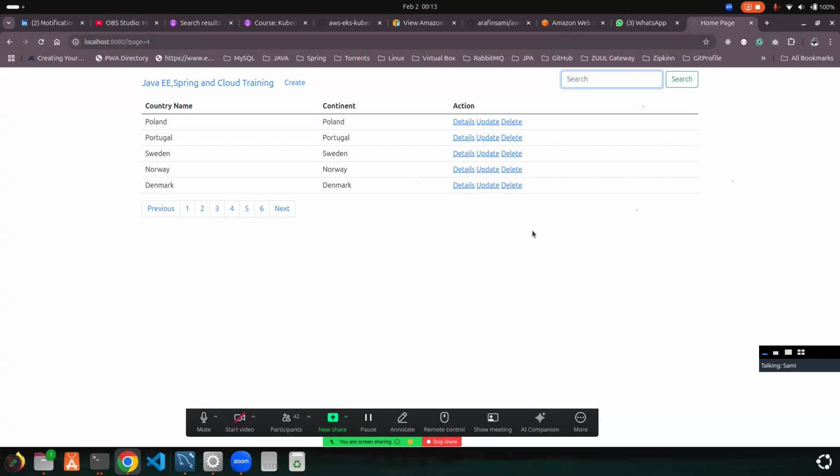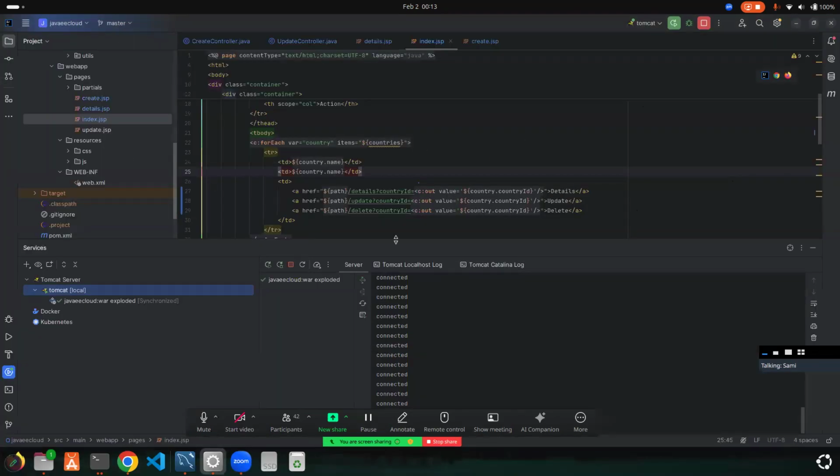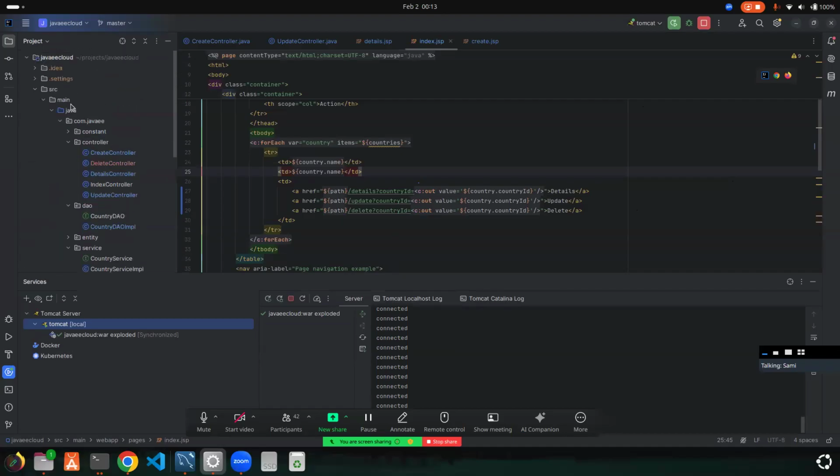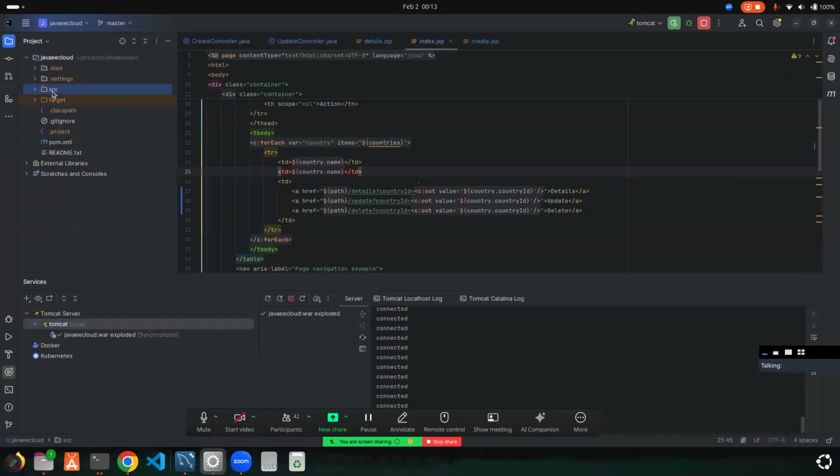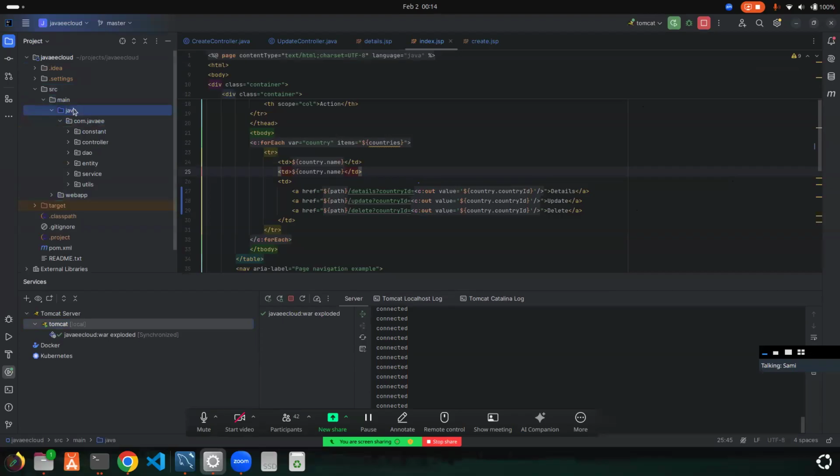I told you, once we complete our third session, I will do a recap of our first and second session. What we did in the first and second session is we just initialized our project. I hope you already know the basic Maven project structure, which is src main java and webapp. Inside java, I created some packages: constant, controller, dao, entity,